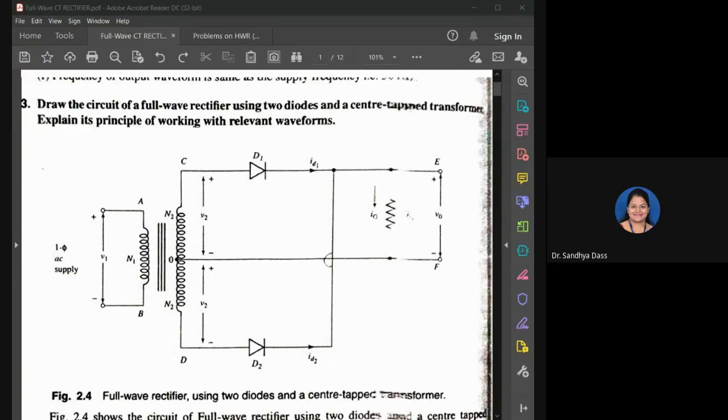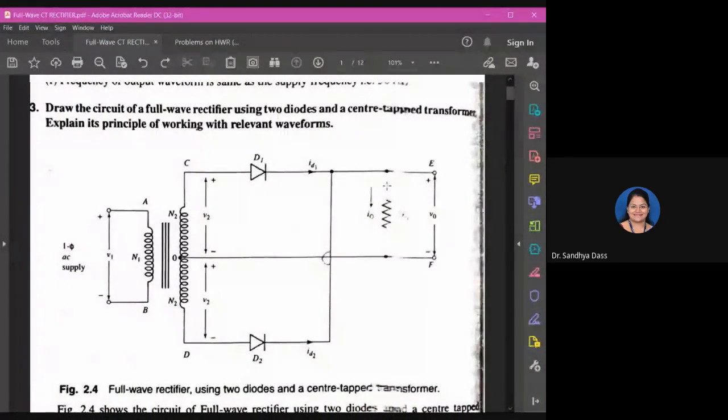Here the wire is adjusted in such a way that it provides 2 separate secondary voltages. Using these 2 split secondary voltages in the circuit with 2 different diodes, we can get the output from both cycles of the input signal. Let's observe how it works. Please note in the first part, there is a line there, but it is not visible.